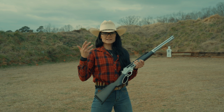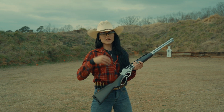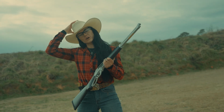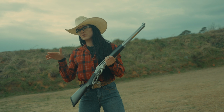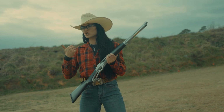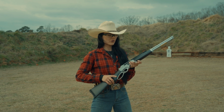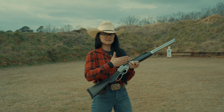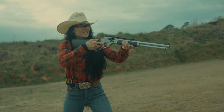Now, another way that you guys can train your reloads without actually having to shoot a lot is doing like a shoot 1, load 2, or 3, shoot 1. So that's what we're gonna do now. We're gonna do a shoot 1, load 3, shoot 1. I'm not gonna talk you through it. I'm just gonna demo it for you guys. We, of course, are gonna be using the loading method that I showed you before, with holding it with your pinky and your ring finger on your non-dominant hand to keep those casings and those rounds pressed up against the side of the gate while getting ready to feed another one. All right, so we're gonna go